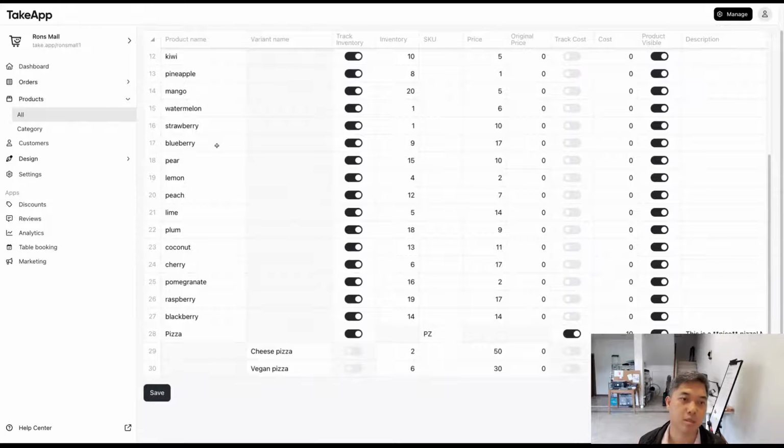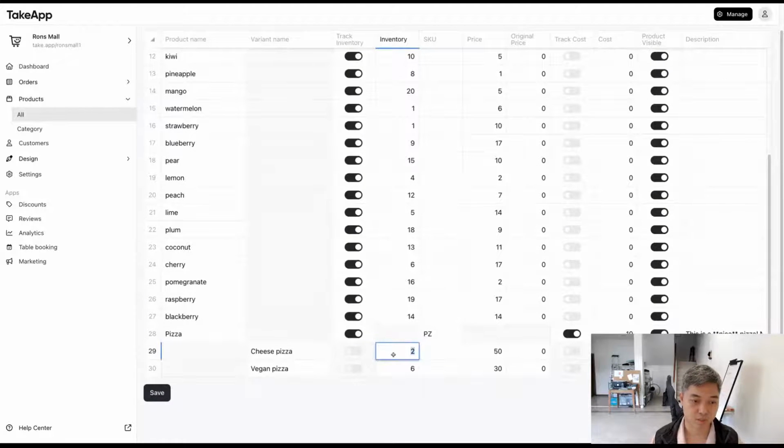It is sometimes difficult to understand, but remember that here is the product, and here is a variant, right? We have one product called pizza. We have two different variants, cheese and vegan pizza, and we are tracking inventory, and then